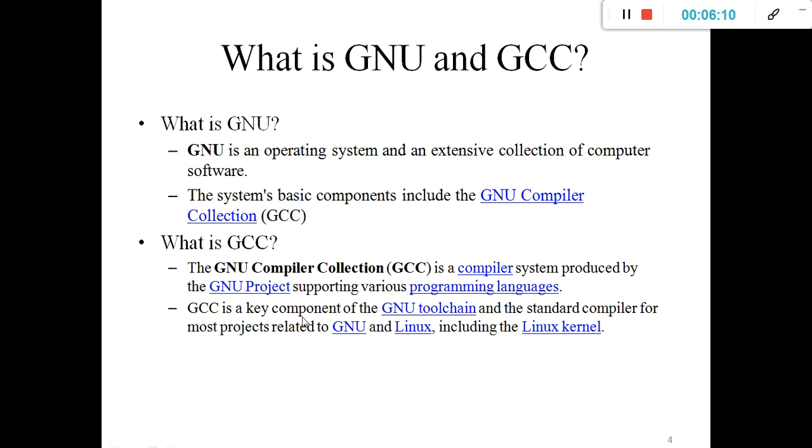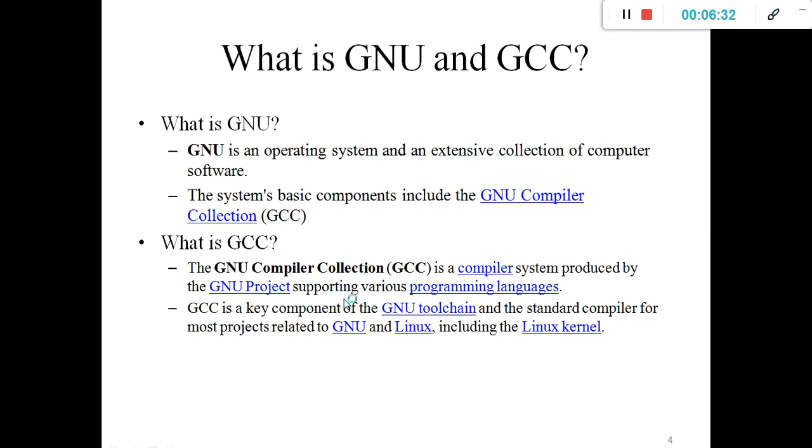Then GCC is a key component of the GNU toolchain and the standard compiler for most projects related to GNU and Linux, including the Linux kernel. It means that with the help of Cygwin, we run the C++ code under the GNU compiler on a Windows operating system.